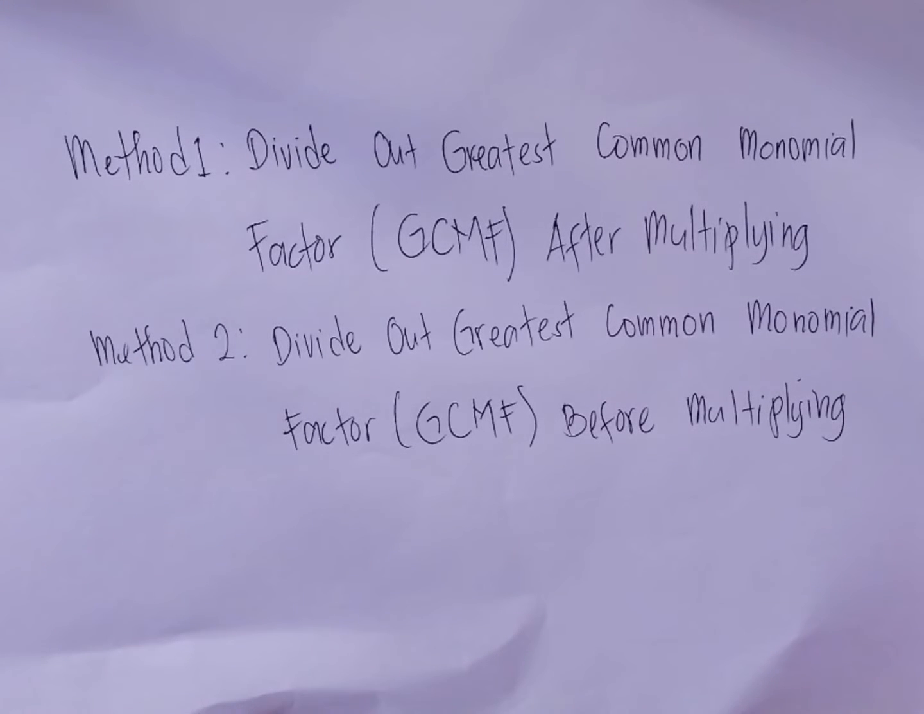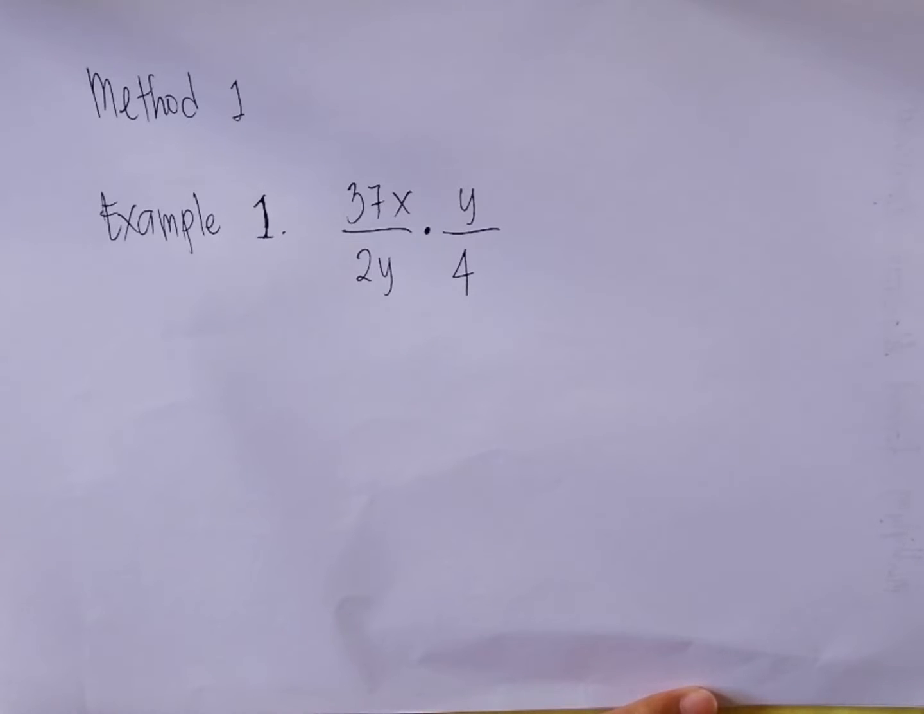Okay, our topic is about multiplying rational algebraic expressions. There are two methods in multiplying rational algebraic expressions. The first method is to divide out the greatest common monomial factor after multiplying, and the second one is to divide out the greatest common monomial factor before multiplying. Okay, by applying method 1, example number 1,